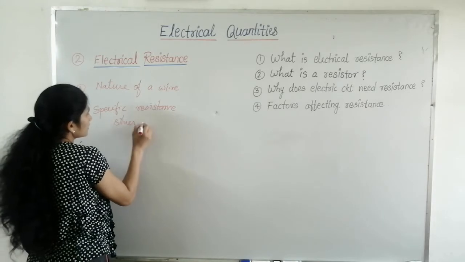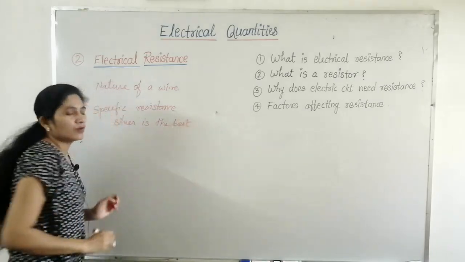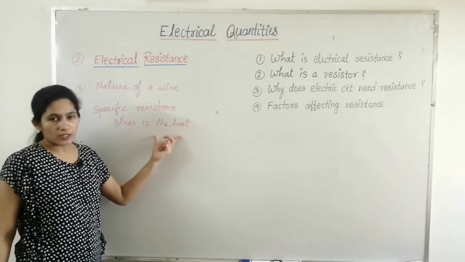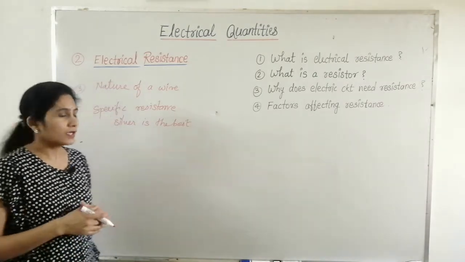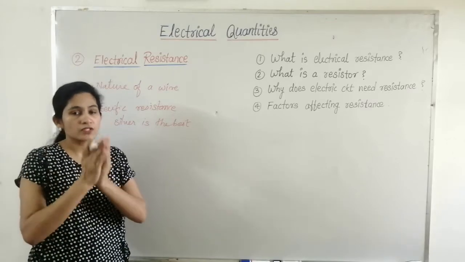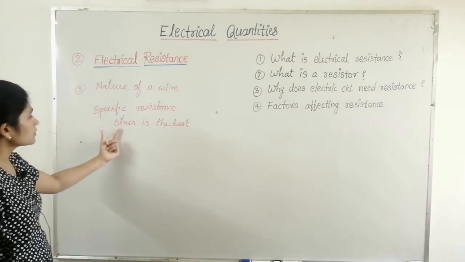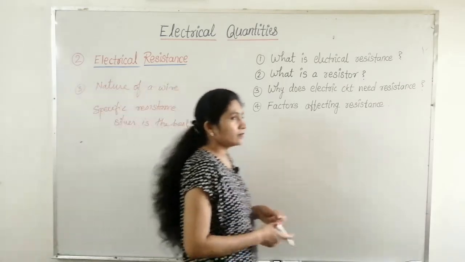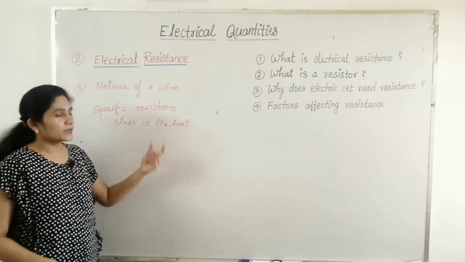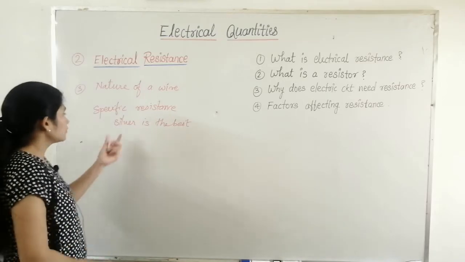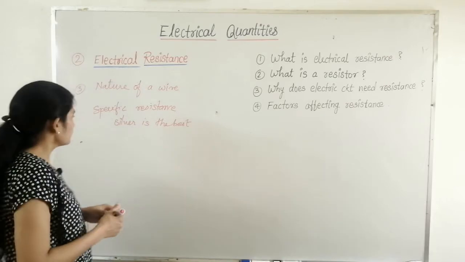Silver is the best conductor of electricity. Why? Because it offers less resistance for the flow of current. Different metals offer different resistance for the flow of electric current because the number of electrons per unit volume is different for different metals, and therefore resistance of silver is less than copper and the resistance of copper is less than aluminum, and hence we say that silver is the best conductor of electricity. But we do not use silver wire because silver is more expensive than copper and aluminum.